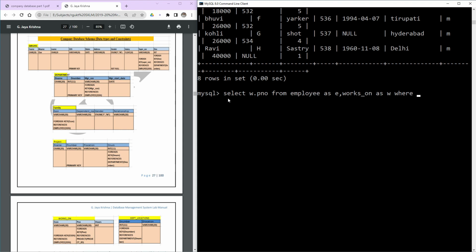Yes, where E dot first name equal to, I am going to filter with the basic condition, first name is sehwag,